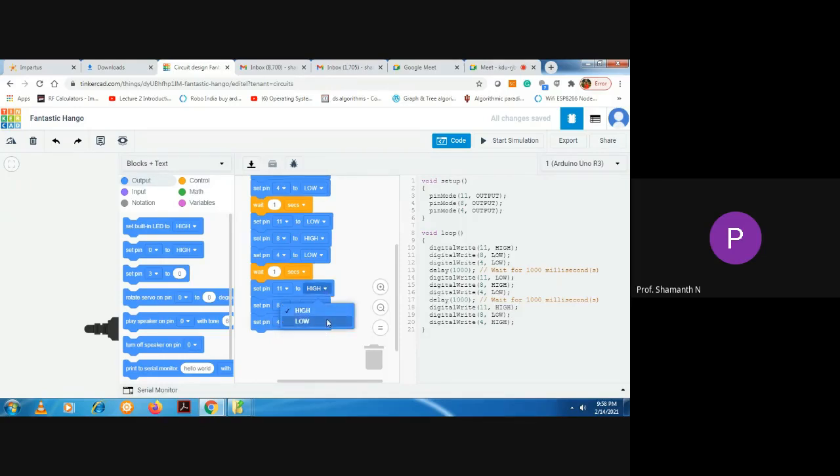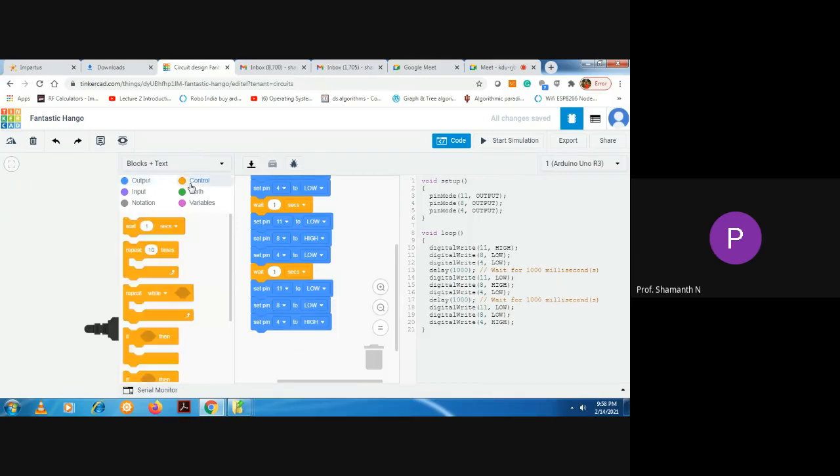So pin number 8 you set to low, and pin number 11 also set to low. Only pin number 4 should be set to high. Then again come back to control and place this wait code block. You can vary the seconds also.